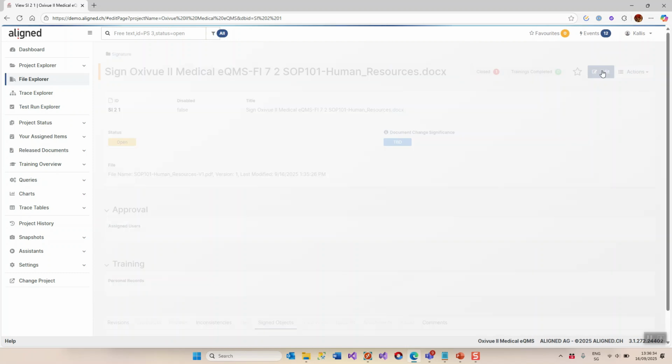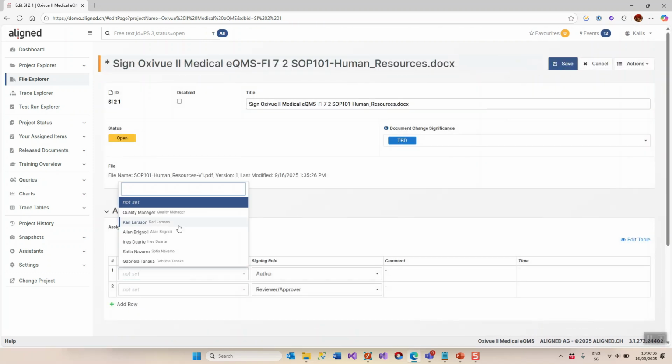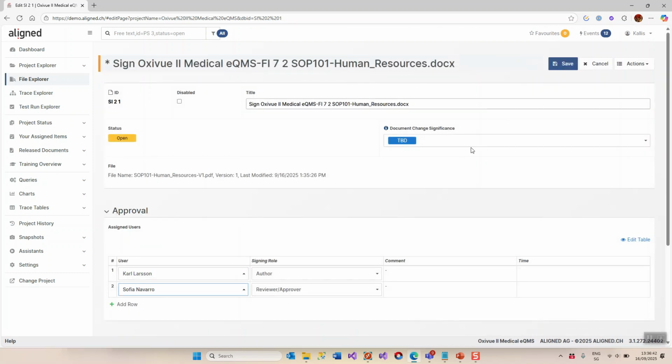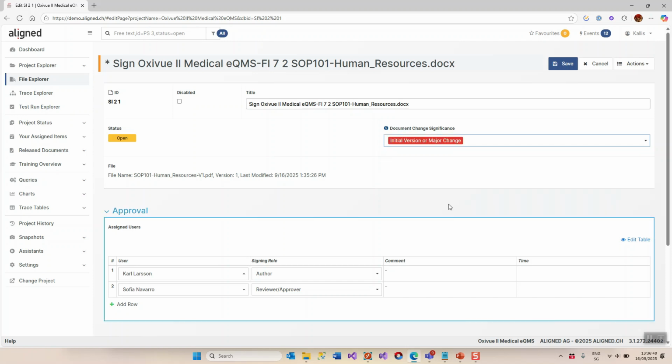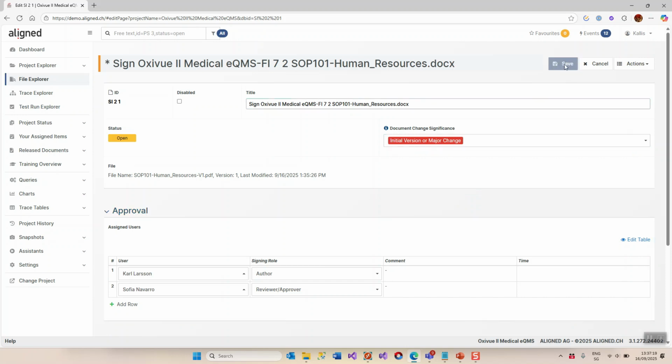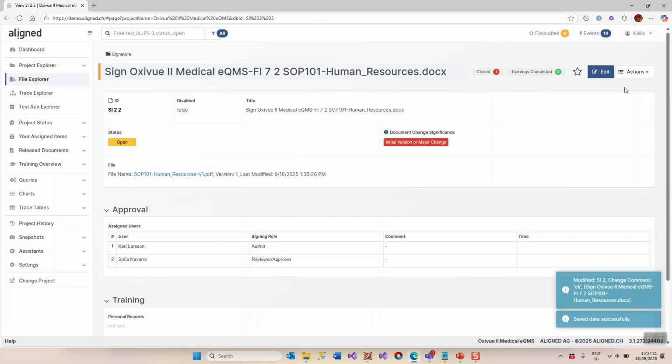I click Edit. I set the signees, and I also make sure that the document change significance is set to initial version or major change. This is the signal to aligned elements that this change needs to generate training records. It's such a big change that people need to be retrained on this document, or as in this case, in initial release. Now we save, and since I am the first person to sign off here,